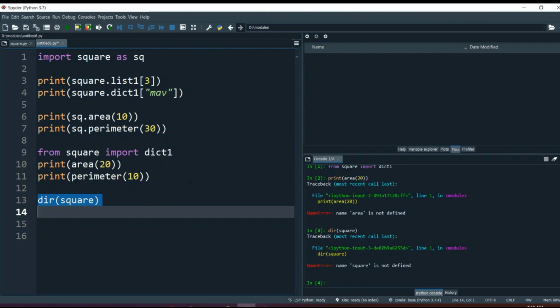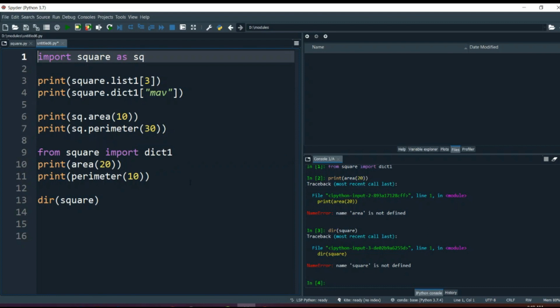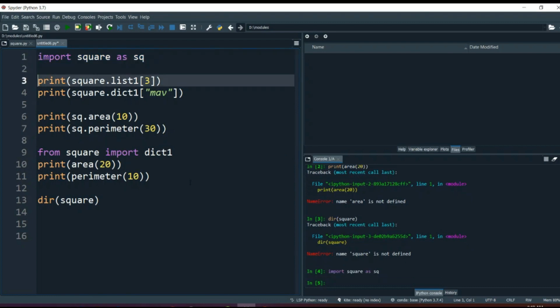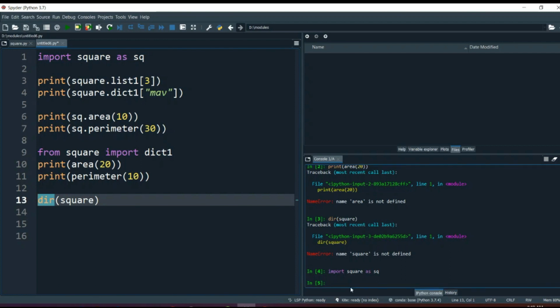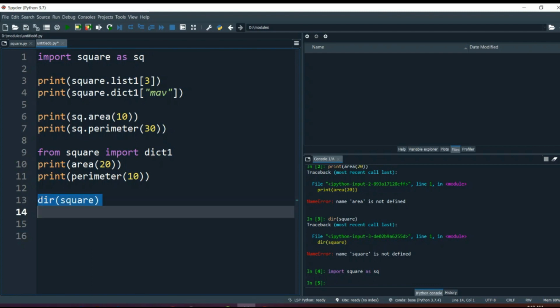Wait a minute, name square is not defined. Why? I have imported square. Okay, I haven't imported square. You see here, I haven't imported the square earlier. I have imported dict1 from square. That's why it was not accepting square. But now if I run it,